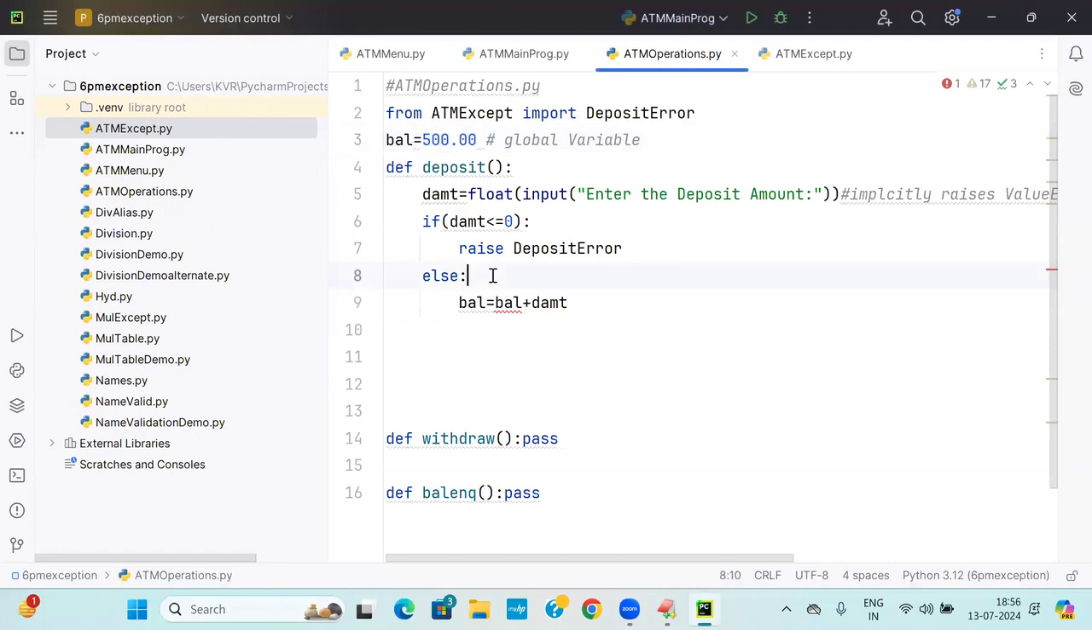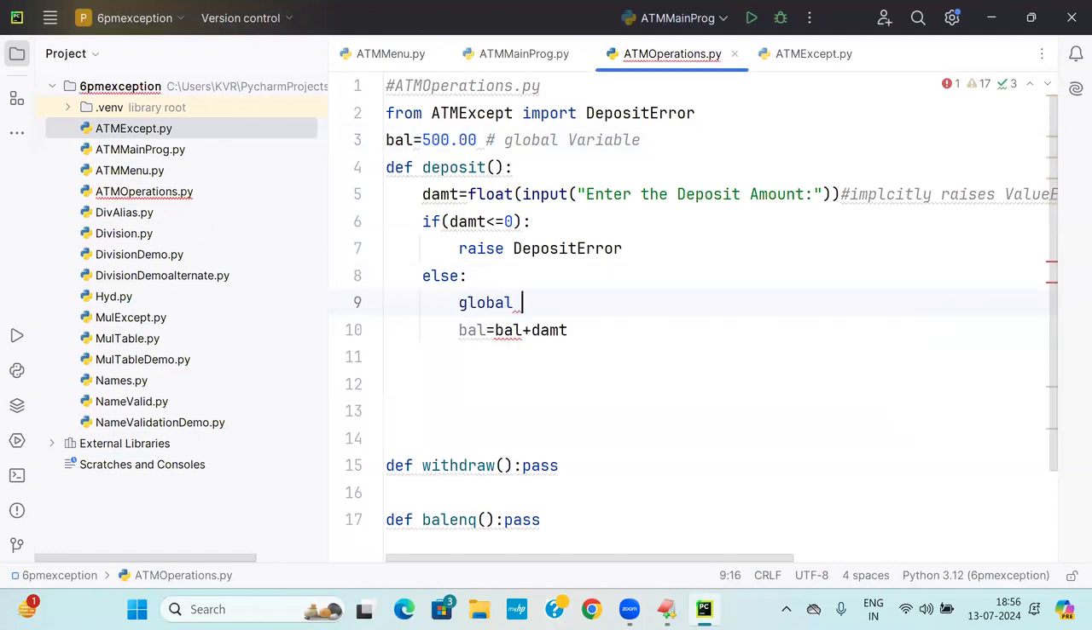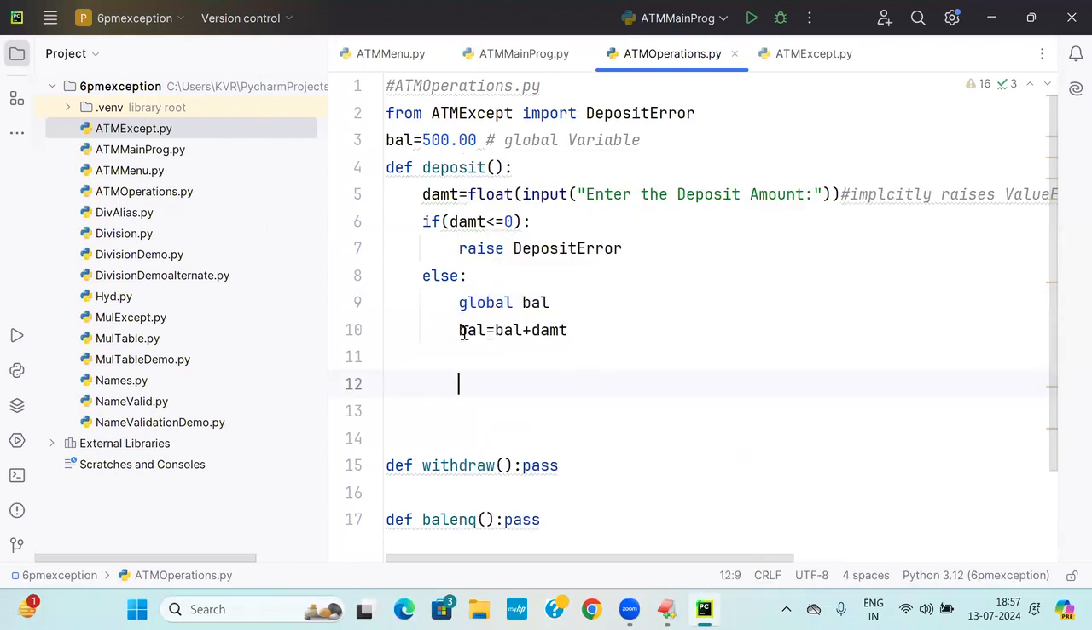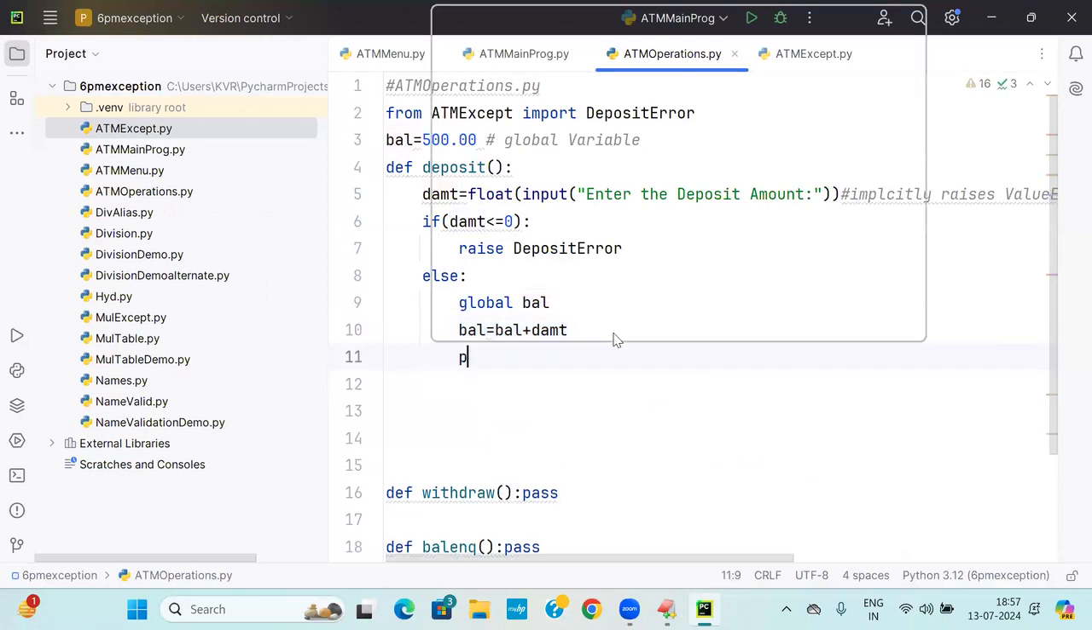Global. So you are saying global. I need to write what? Balance. Global keyword, you are modifying the global variable. I already said in the class, when you are modifying the global variable inside the function, you have to write global, that variable you need to refer. That is what is called global balance. Balance is equal to, there you are writing print of, now I will write